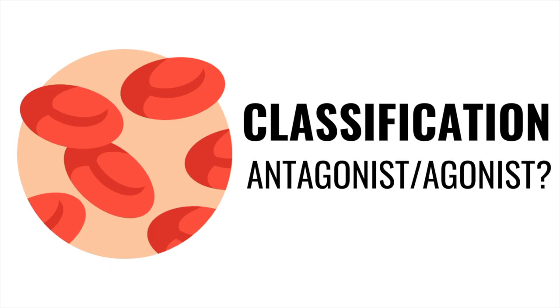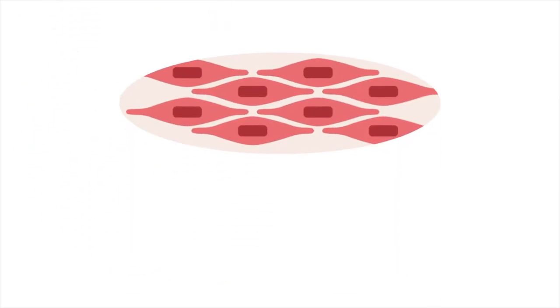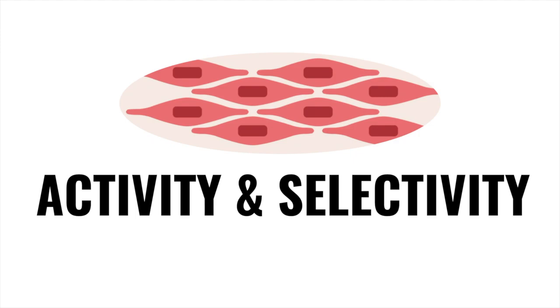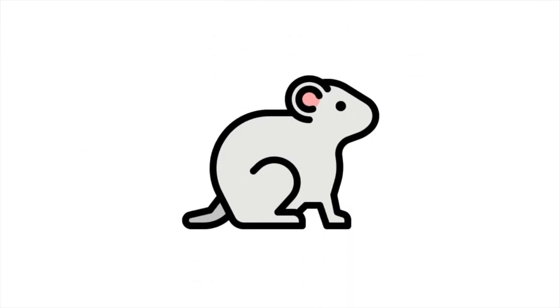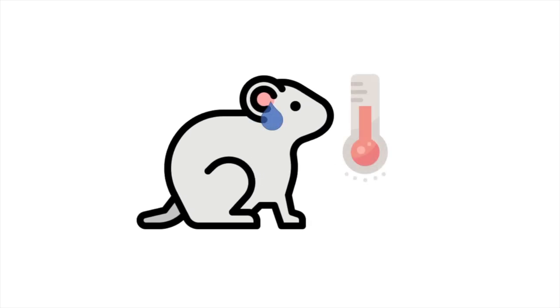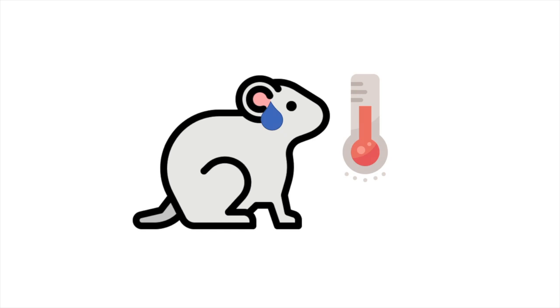Is the drug classified as an agonist or an antagonist? Number 2, looking at isolated tissues. Can you characterize activity and selectivity of the molecule? Number 3, in whole animal studies, you want to observe the effect on interacting organ systems and on the disease itself. And number 4, in a disease model, so the animal with the illness of interest, and you want to